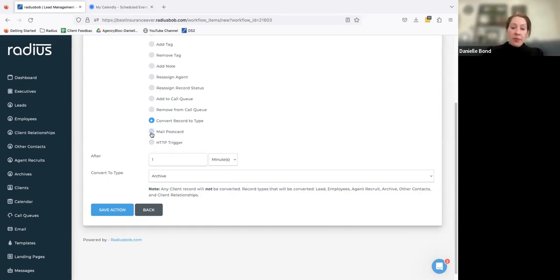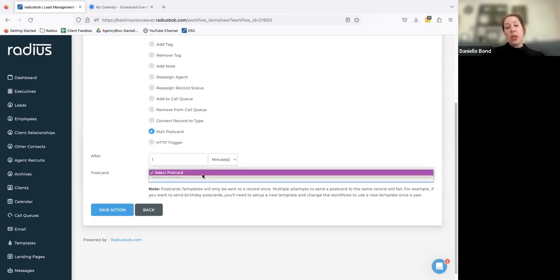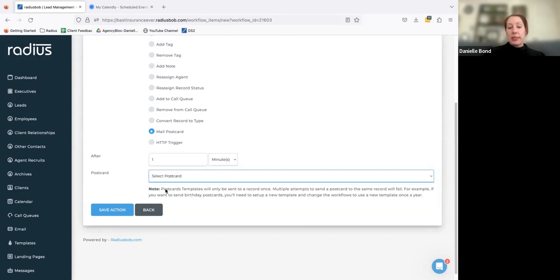We also have a mail postcard option now. This is for Direct Mail Manager, and they are third party. But we had a bunch of clients using them and they'd been asking for this automation for a while and we were finally able to get it done. So you can now, if you use Direct Mail Manager, you can now automatically send a postcard. So you just select the birthday one, for example, and send that out. You do need to make note though, postcard templates are only going to be sent once. So let's say that you've got